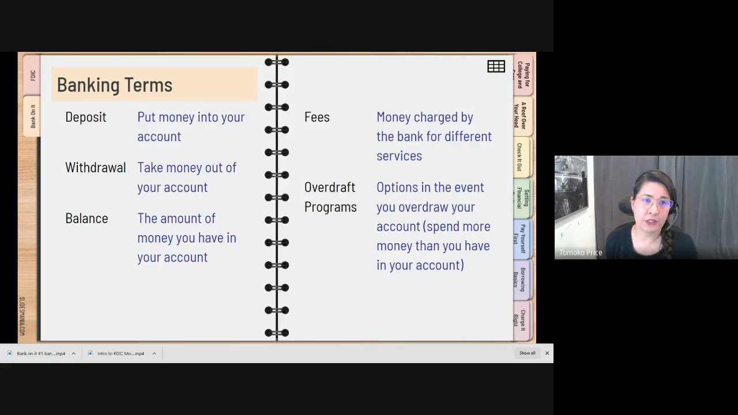There's a lot of vocabulary and terminology that we use in banking and in finance that might not be familiar to you. So we're going to go through these different terms: deposit, withdrawal, balance, fees, and overdraft programs right now. So to start us off,